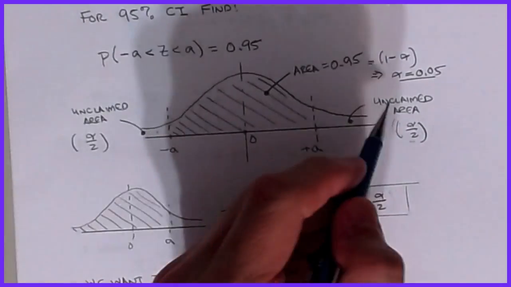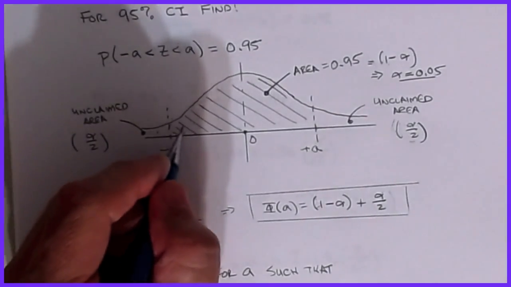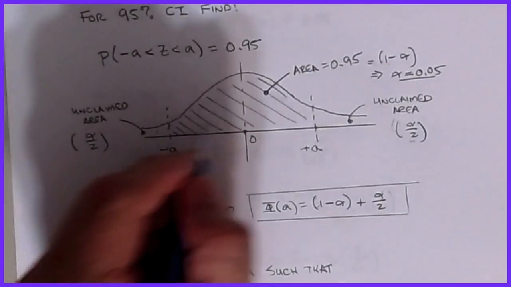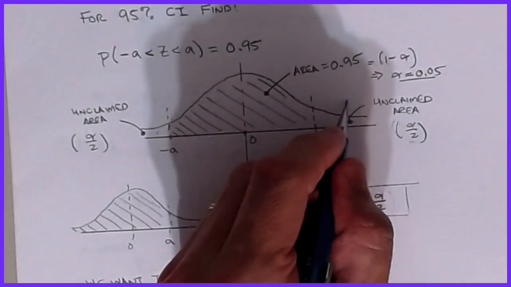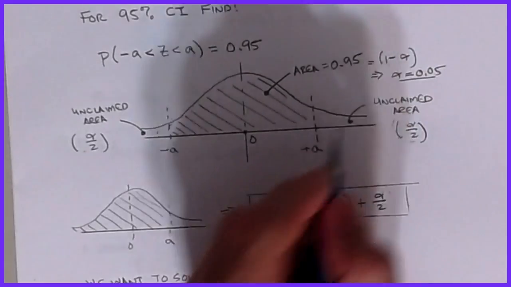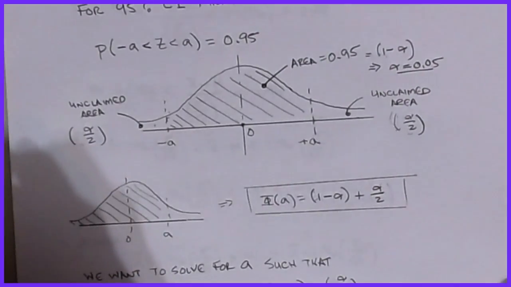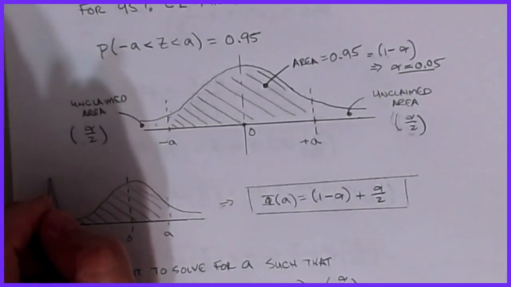And if that alpha is 0.05, then the area that's left outside of that range, that's not claimed, since I had 95% in between, means I have 2.5% here and 2.5% here. This area becomes alpha over 2, as does this area here, alpha over 2. So what we're looking for then is that because the standard normal tables are all CDF tables